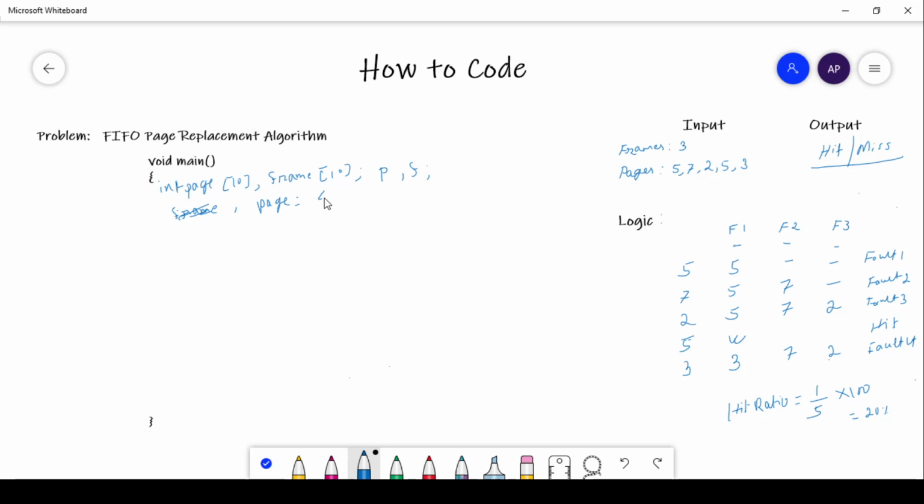Now in page we have 5 7 2 5 3. Okay, next initialize the frames with some default values, the blank values. For calculation or programming purposes, just take -1.